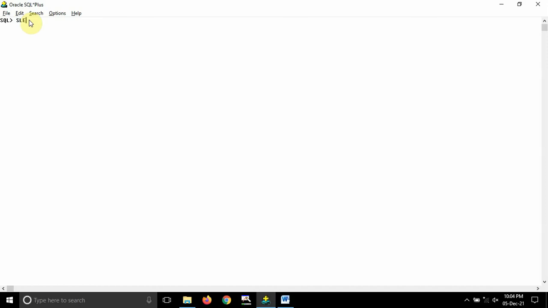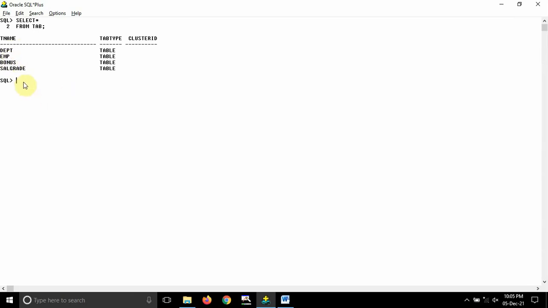You just type select star from tab. If you write like this, then it will display all the tables which are present in your system. There are 4 tables in my system: department table, employee table, bonus table, and salary grade table. Out of these 4 tables, I will be performing all my operations on the department table and employee table.